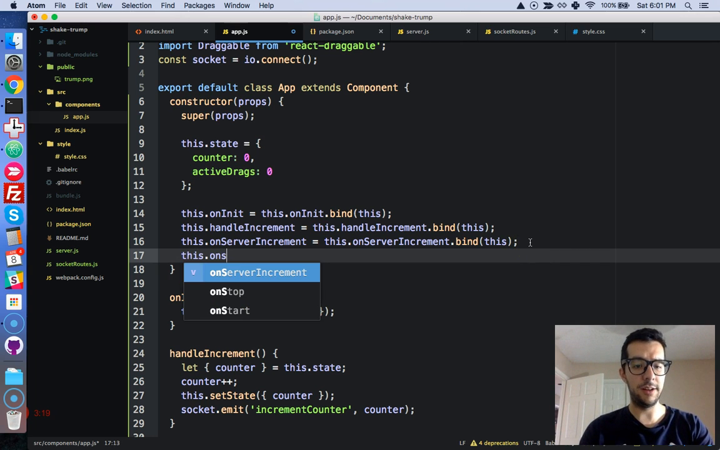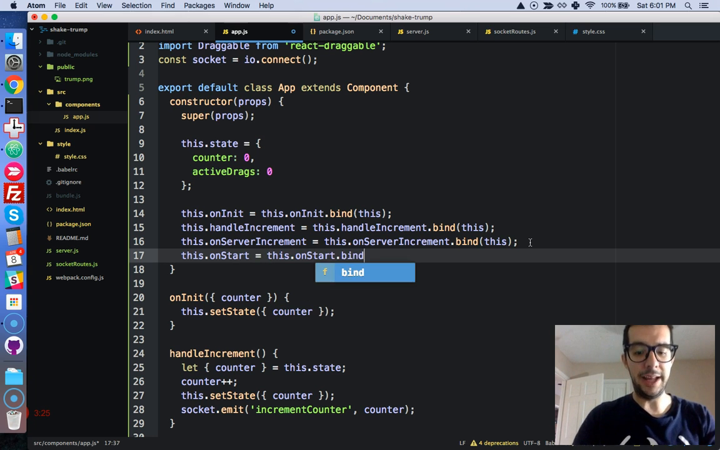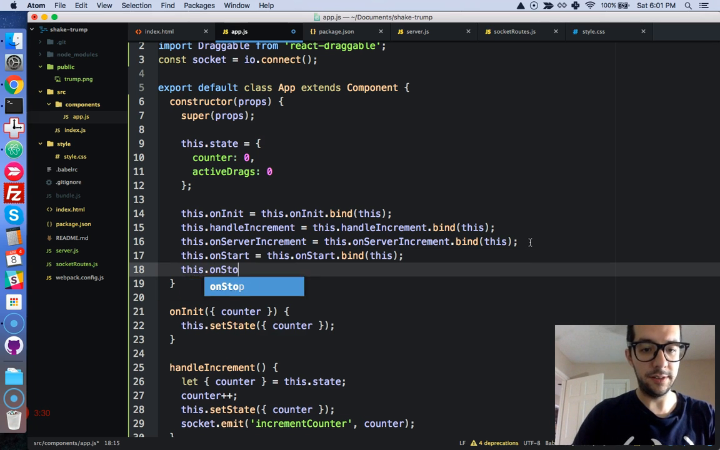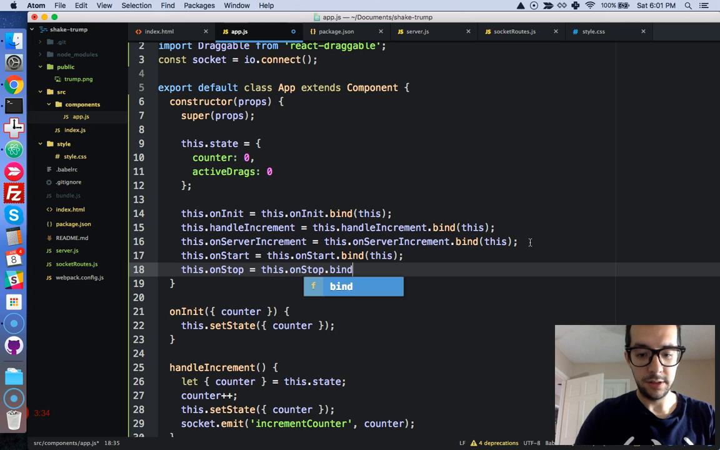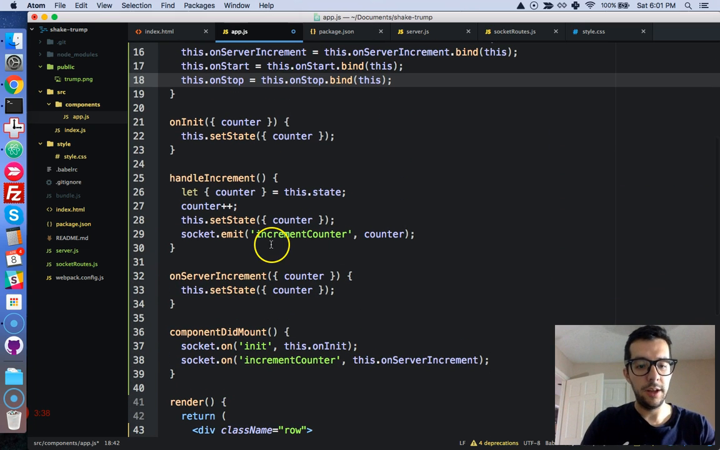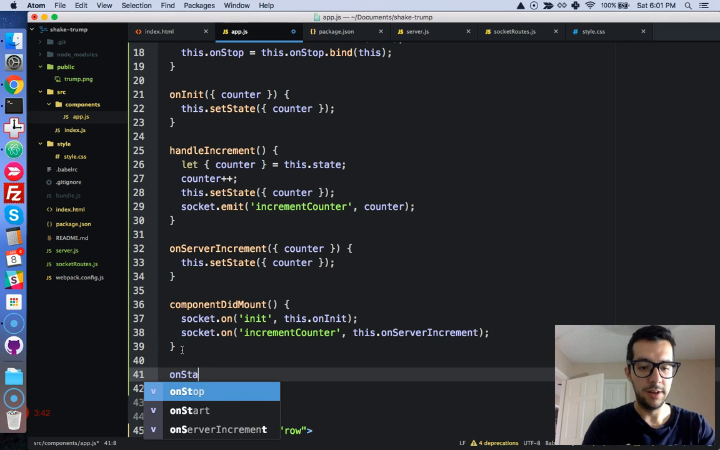All right, let's bind it in the constructor. So this.onStart equals this.onStart.bind(this), and do the same thing for onStop: this.onStop. Okay, cool. That looks good. And now I'm just going to write out those methods. They're going to be very similar. On start,